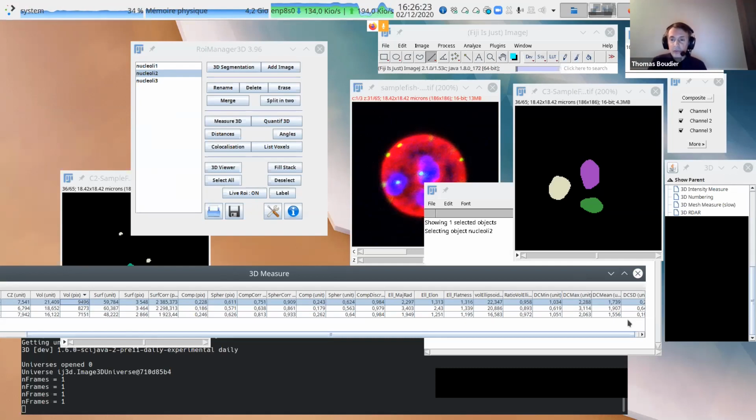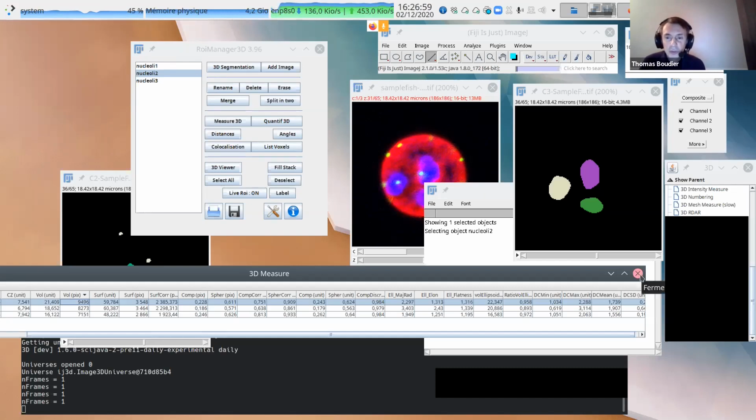So of course, if you have two objects in XY that are 2 pixels apart, and two objects also 2 pixels apart but in Z, the distance may be larger in nanometers or micrometers, because the calibration is larger in Z. So 2 pixels in XY may be smaller than 2 pixels in Z. The distances are using all this calibration, so you can trust the distance. It's a real distance, micrometer, nanometer.